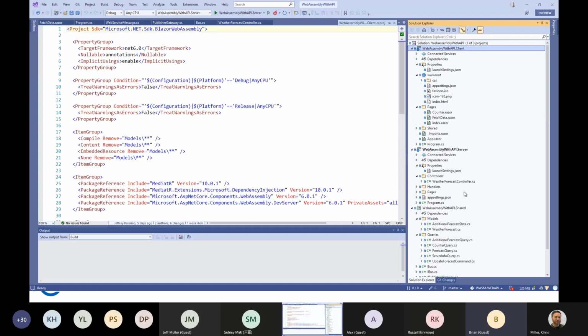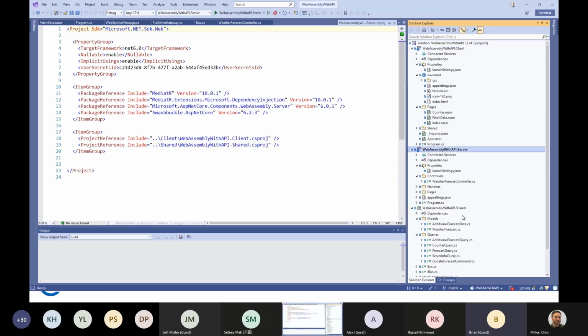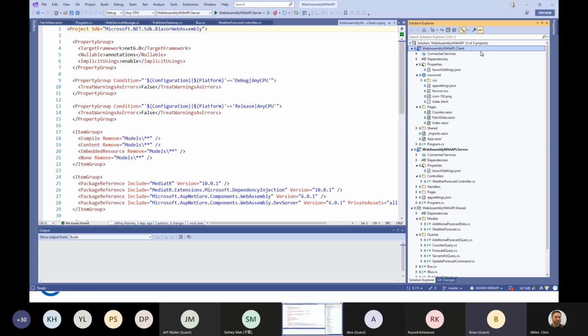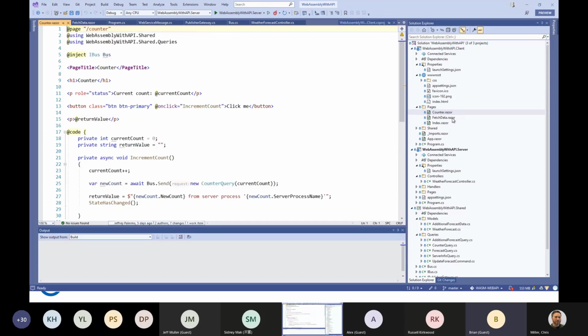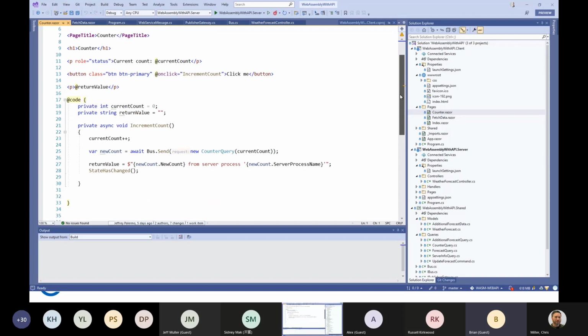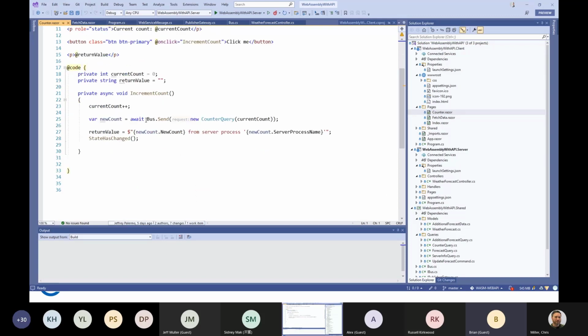This is our WebAssembly application, and this is our server-side application, but let's just go to the WebAssembly application and see that there's not much there, and I didn't even implement Blazor MVC on this one. There's not much there except for what we put into the file new project. But if I go to counter, you will see that there is something different. On increment count, I actually have my bus implementation, and I just sent, hey, counter query. Effectively, I'm querying for the counter, and it's going to query for the counter on the server, and then a return value.